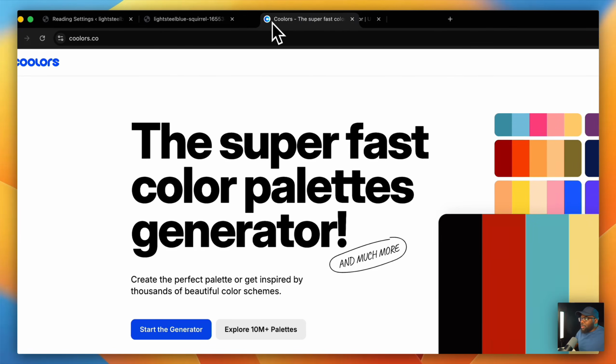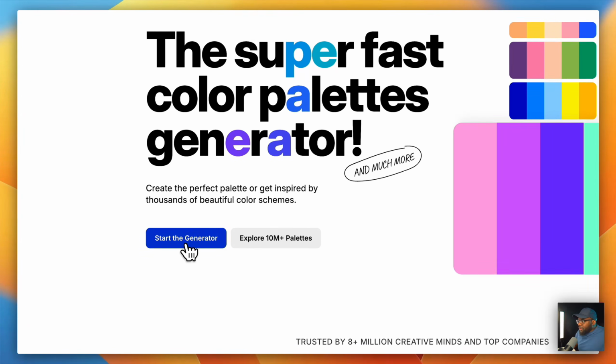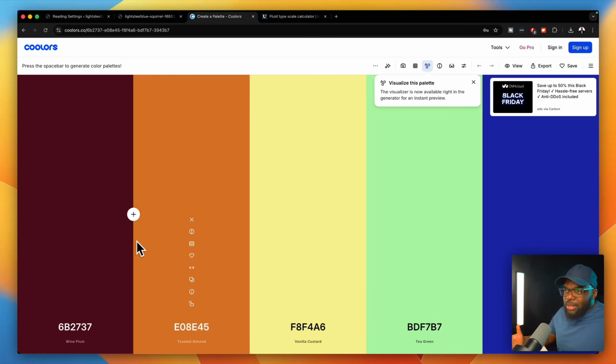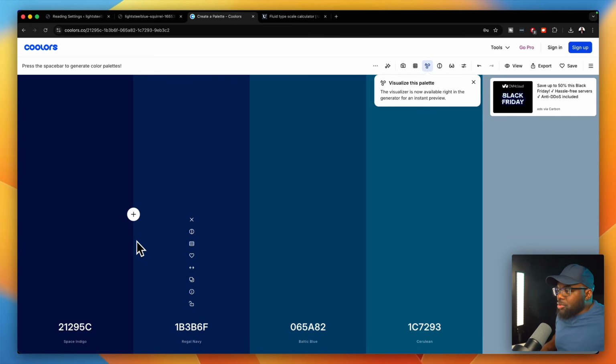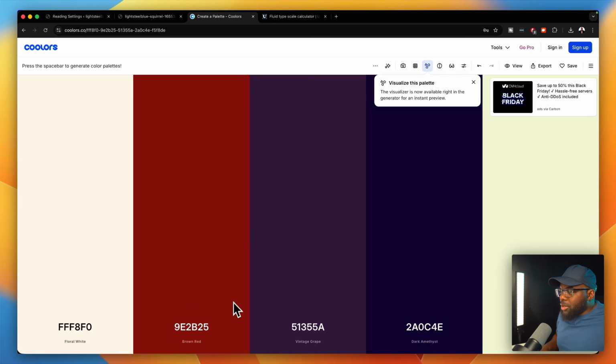So I'm going to start off here with this service called Coolers. Okay, so let's start by creating this generator here. You need to decide the color palette, of course. So I'm just going to press the space bar to cycle through the colors. Okay, so I'm going to go with,